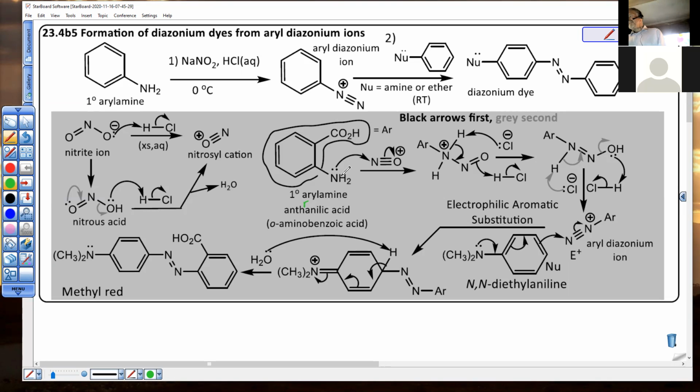That's going to react as a nucleophile, and then tautomerization ensues, and then elimination. I'm going fast here because we've done this mechanism already. And you have your aryl diazonium ion as depicted in the middle here. It is ready for the addition of a nucleophile, a nucleophilic aromatic molecule such as